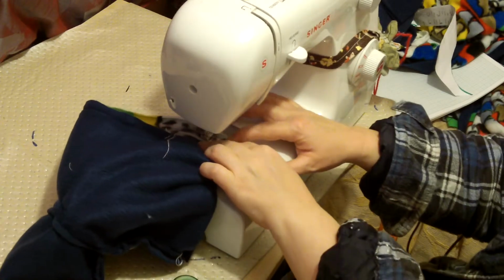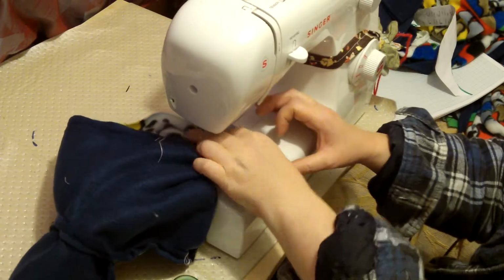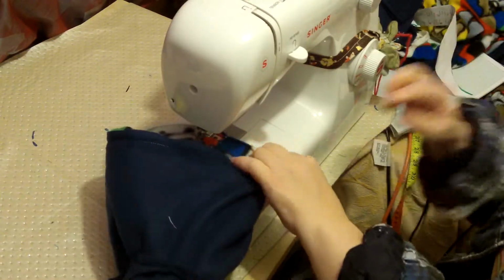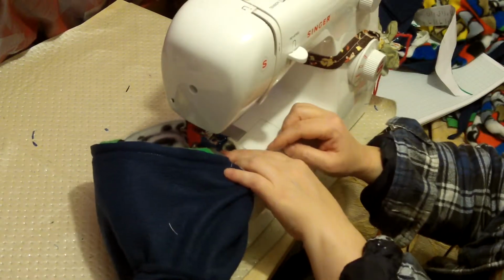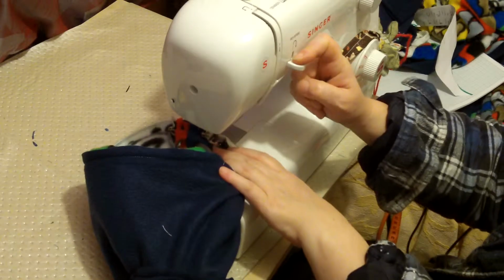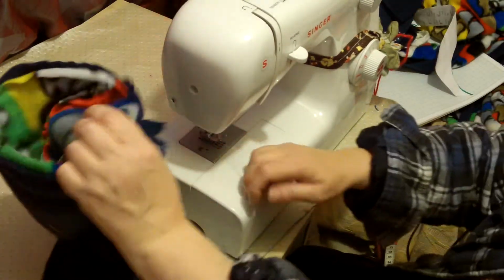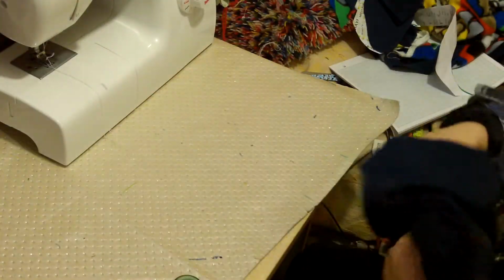Uppy puppy! Adjusted my seam just before I came up to it so that I know that my seam will line up. It just makes it look so much more neat. Alright, taking it out of the sewing machine. Now what I need to do is